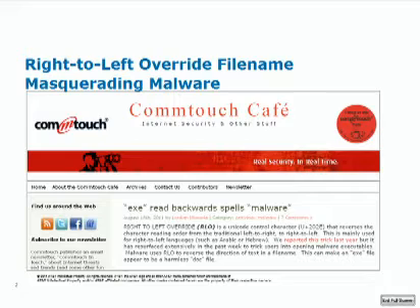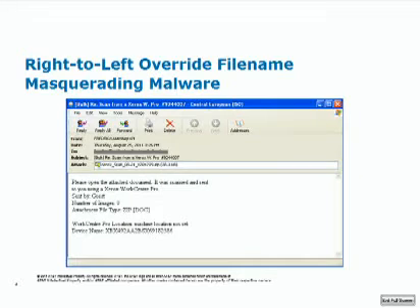I have an example here in the slides of one that we actually received. First off, I should mention we've seen a couple of different campaigns of this: FedEx, UPS, there's another one called Map of Love, where I forget exactly what they were purporting. This one is actually Xerox. So it looks like it comes in as a potential scan that maybe you scanned on a Xerox photocopier, and they attached it to the email here. You'll see there's an attachment for Xerox scan, and it has a date in it. A lot of the ones we've seen have some kind of date in the middle of the name, so that's something to keep an eye out for as well.